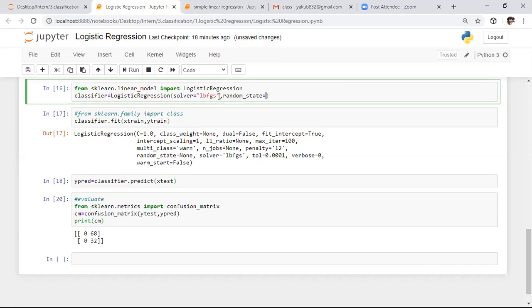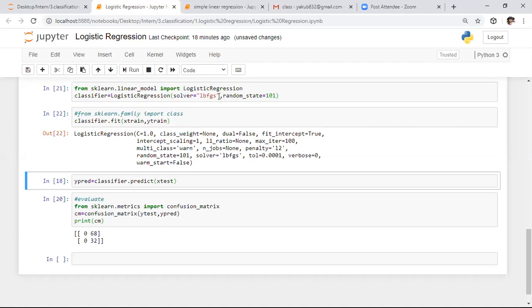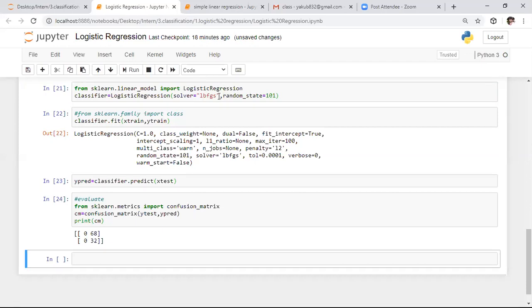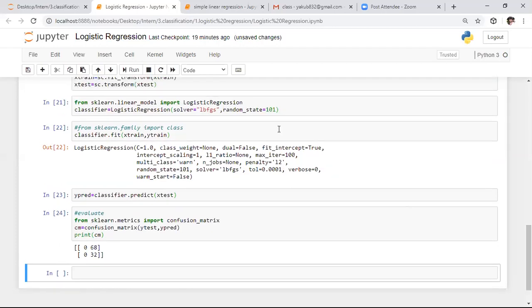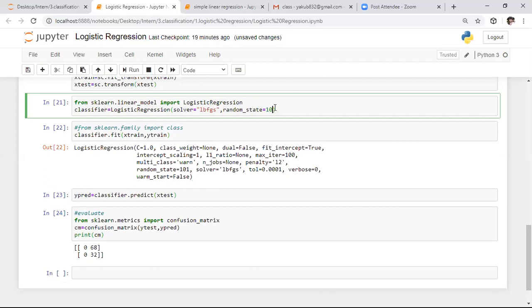So here I'm saying random state as 101. Somewhere I made a mistake. Let's say random state equals 0. What happens? We will see.